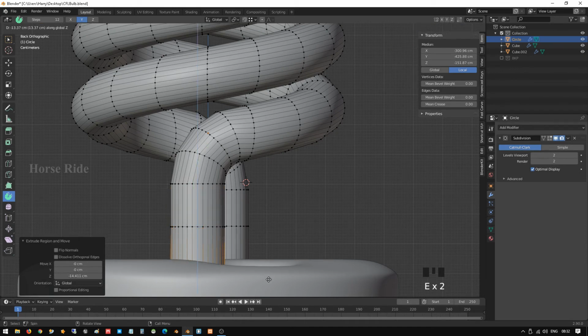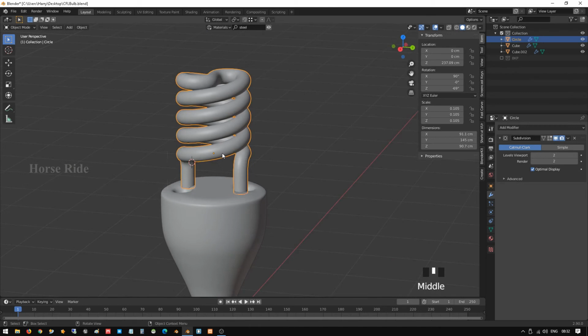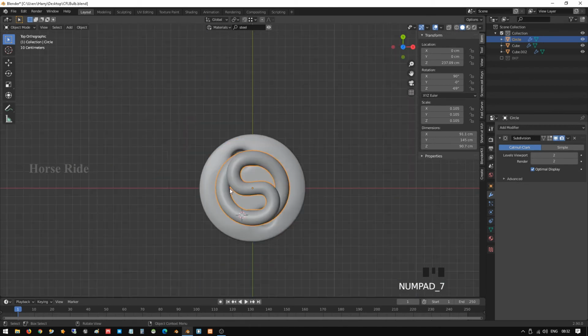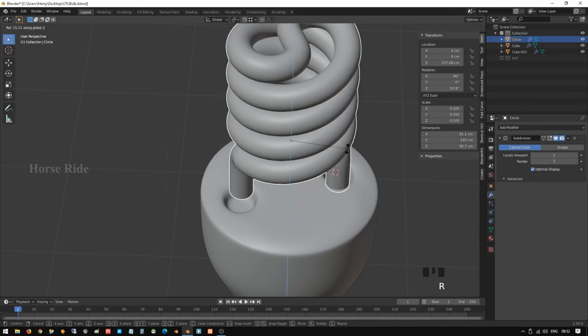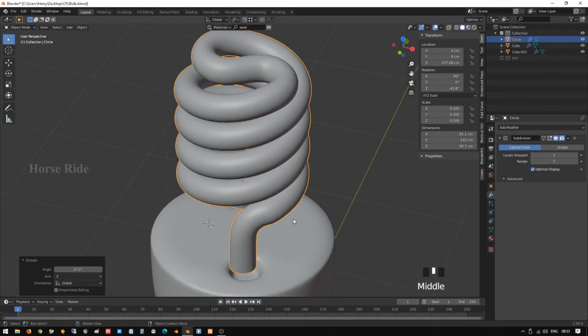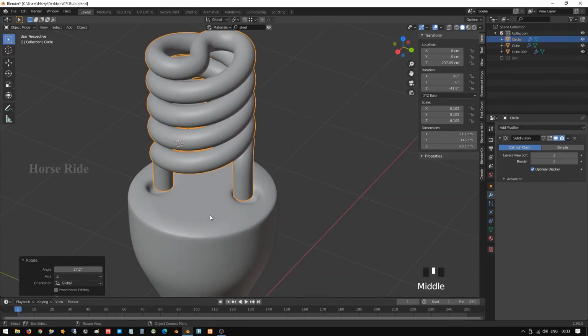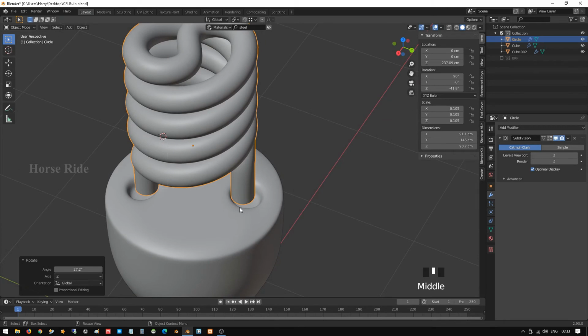Okay, now this has been created, so we have to rotate it tightly because the angle is like this. Rotate Z and move it like this. Here it's a little bit not clear, so I'm going to scale in the Y axis.